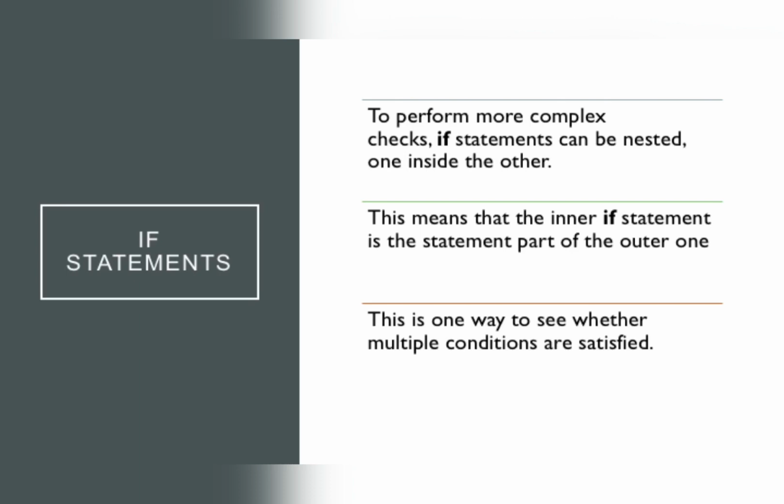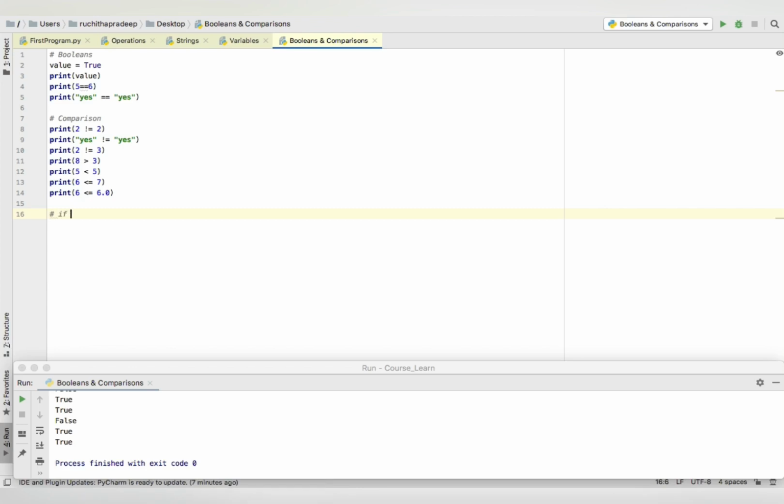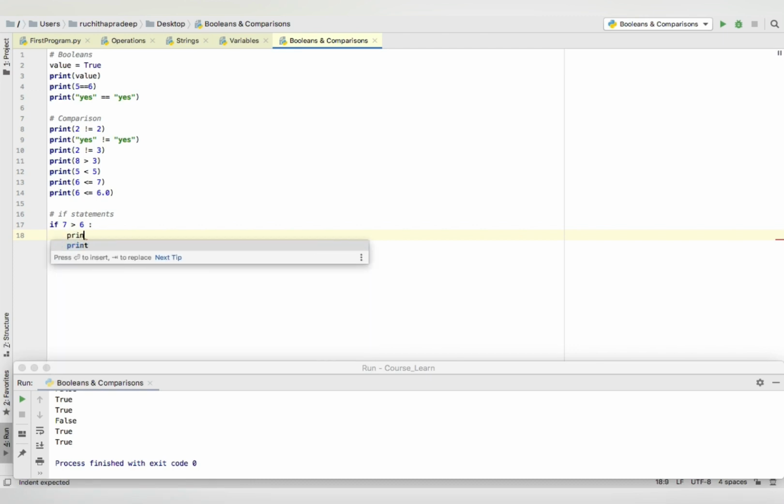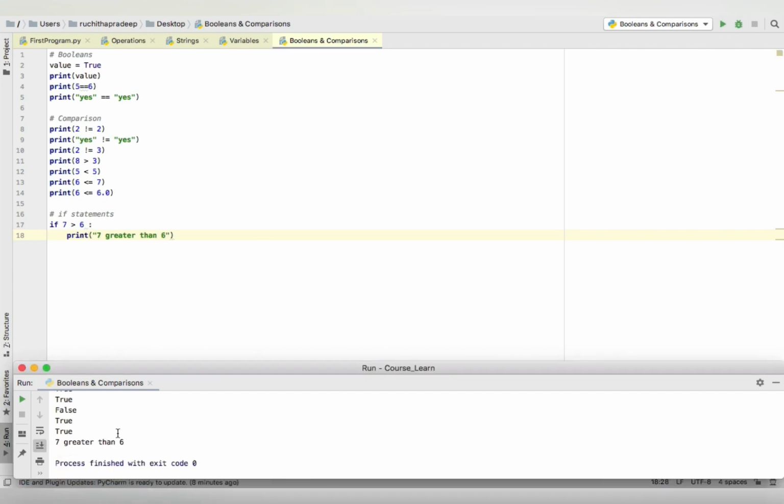Now let us practice if statements. Go to the file we created before. Give the statement if 7 greater than 6, print double quotes 7 greater than 6. Run the program. In output, you can see the statement 7 greater than 6, which means the if expression evaluated to